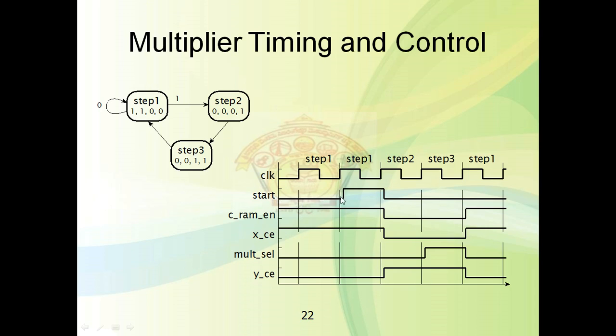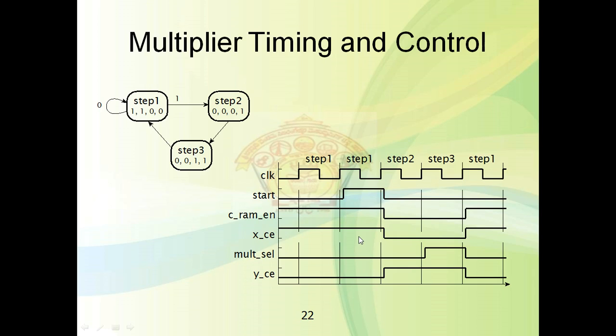Okay, so when it will be high, that is start input will be high, then it will start the multiplication, otherwise it will go into the wait state. So first state it is an idle state, or you can say it is a wait state. It is waiting for the start input, so hence it will not move further. If it is equal to 1, then it will go to step 1.